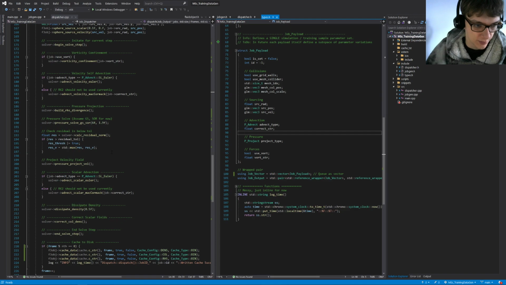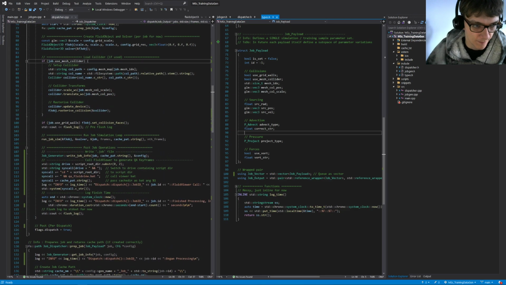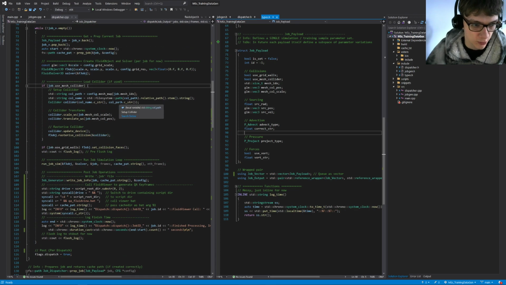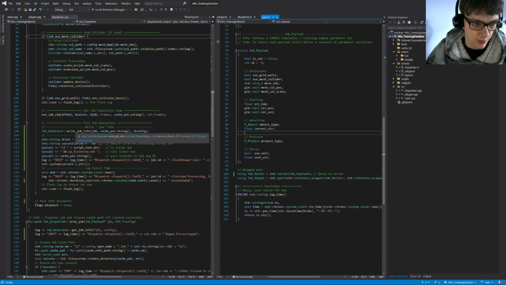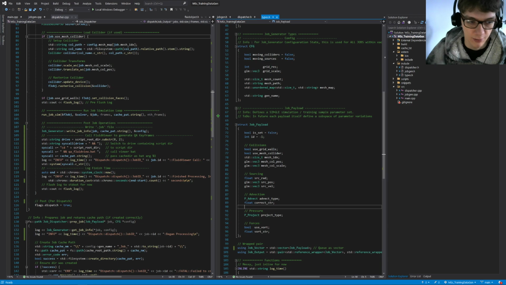This generates the simulation for the number of frames specified. We also write the cache directory, and we also write this job file, a .job file, which specifies all the parameters used for the job so that we can view them later on. Finally, we call the Fluid Viewer application, which is a separate application I should have covered, which we generate what